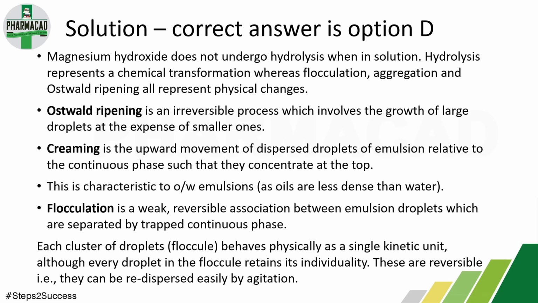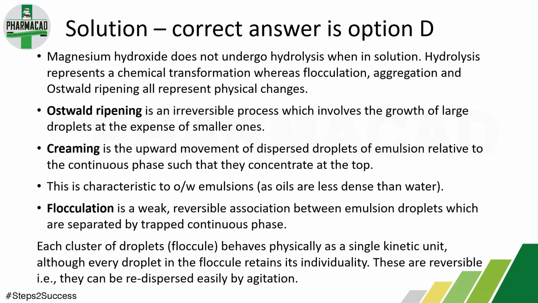उसमें क्या होता है कि जो dispersed droplet थे वो basically upward movement करके concentrate होते हैं at the top layer पे. मतलब जो अगर सस्पेंशन या इमल्शन को तुम अगर सेटल डाउन होने दो और अगर तुमको ऐसा दिख रहा है कि जो डिस्पर्स फेज थी वो पूरी ऊपर आके अक्यूमुलेट हुई है, सो दैट इज द क्रीमिंग बेसिकली। एंड इसको एक इंस्टेबिलिटी बोलते हैं, फिजिकल इंस्टेबिलिटी: क्रीमिंग, flocculation, breaking of emulsion, phase inversion. This is the characteristic of oil in water emulsion as oil is less dense than water. So basically oil की density कम होती है, so oil accumulate होके ऊपर float करता है